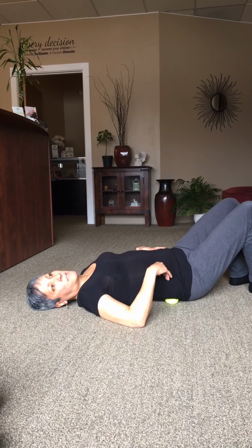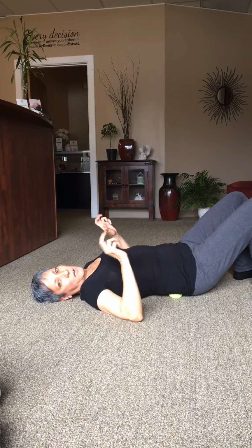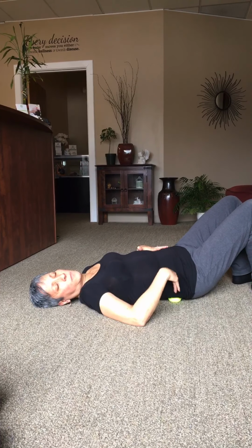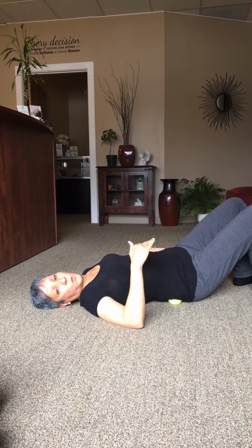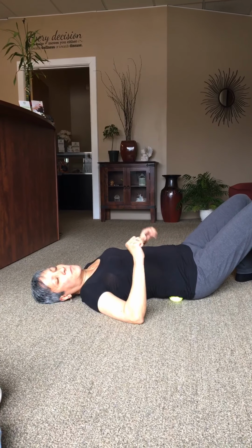below the waist. I know that I'm in the bony area, which we call the sacroiliac joint. I'm on the right sacroiliac joint, and I'm rolling back and forth. I'm rolling my hips back and forth, allowing the ball to do the work. It's going to massage